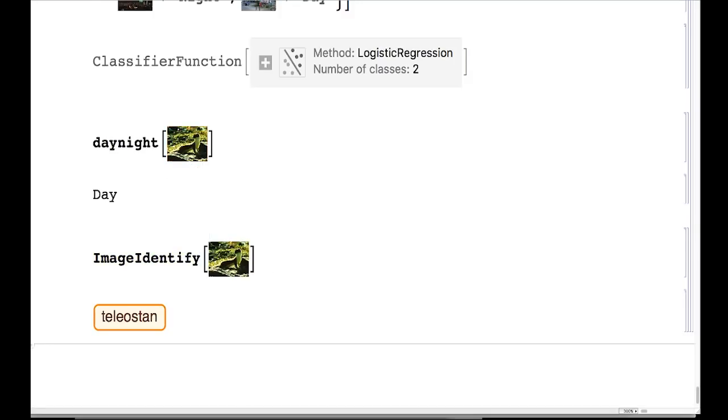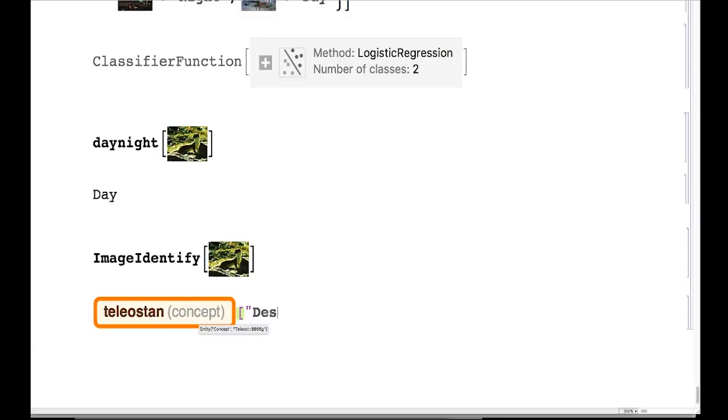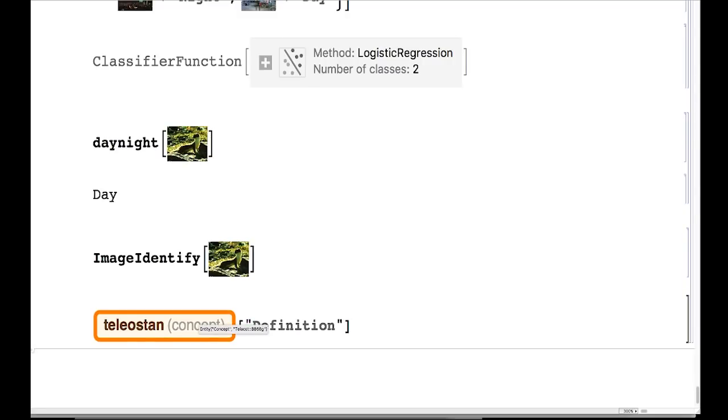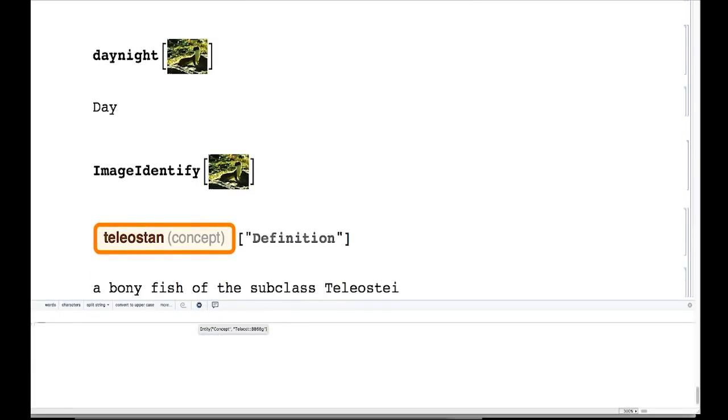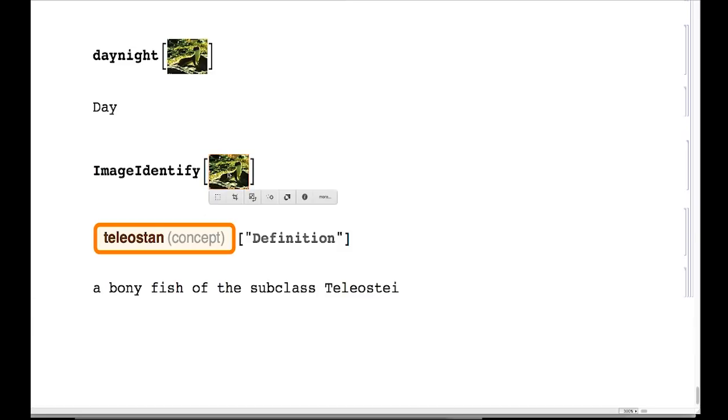Let's see what it thinks that is. What the heck is that? That's embarrassing. Well, maybe it looks underwater here. Anyway, so the answer is that one of the challenges there is how do you represent